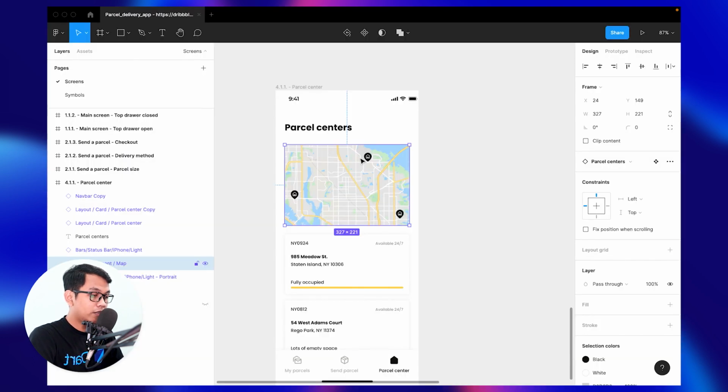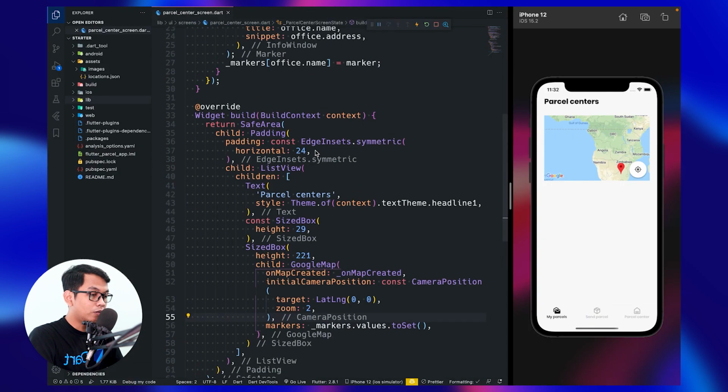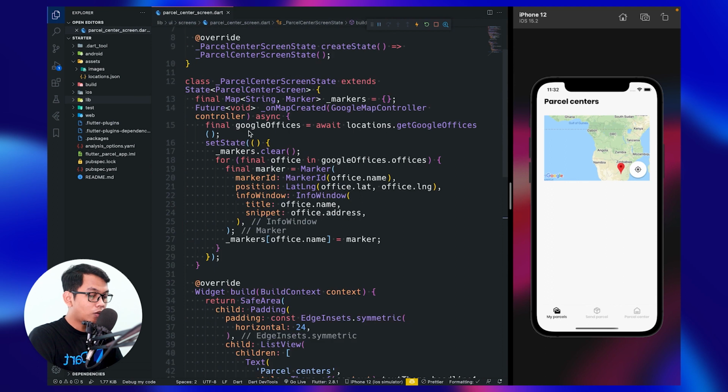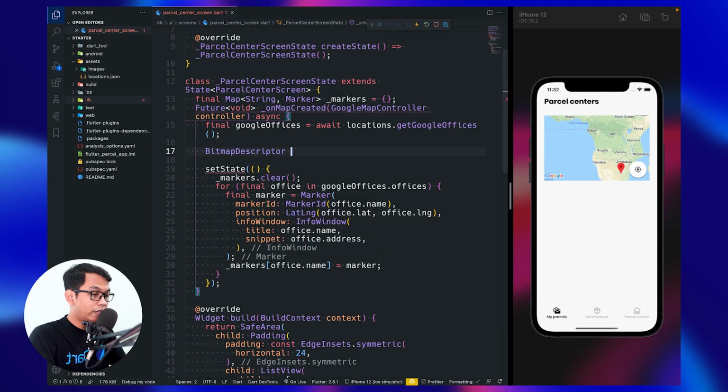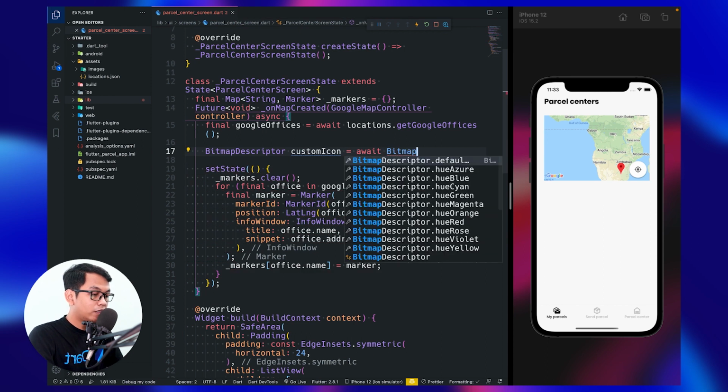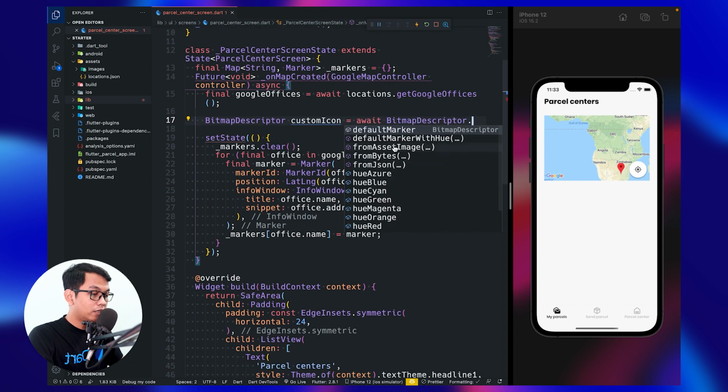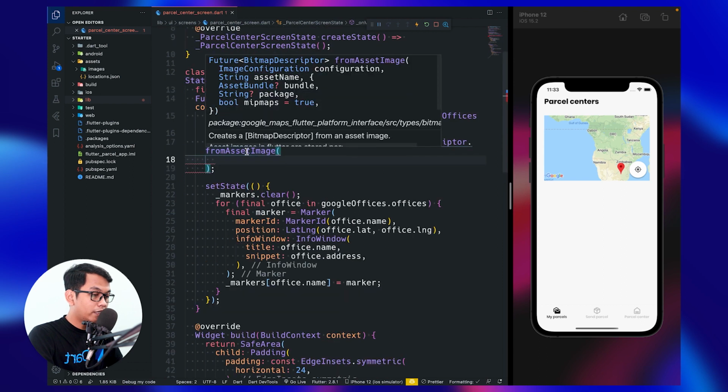And the next step is we need to change the marker. So what we need to do is inside our asynchronous function here, we need to declare bitmap descriptor, and we say custom icon equal with await, using BitmapDescriptor.fromAssetImage. And inside this, we need to say image configuration and asset name.